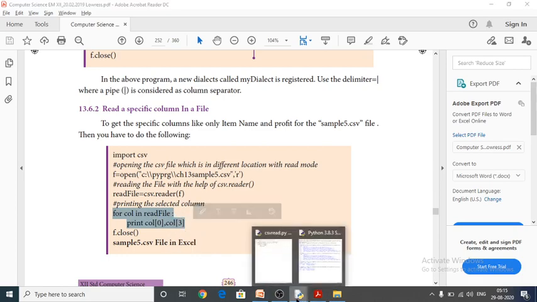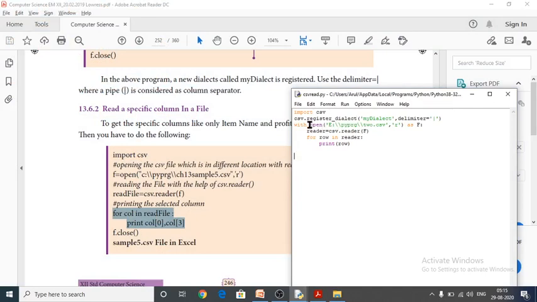We have to make some changes here, and I would like to remove this one line, and no need to remove this one line here. Instead of the line I am removing, I would like to give another line to read particular columns: for col in reader, because I have given the reader variable here.